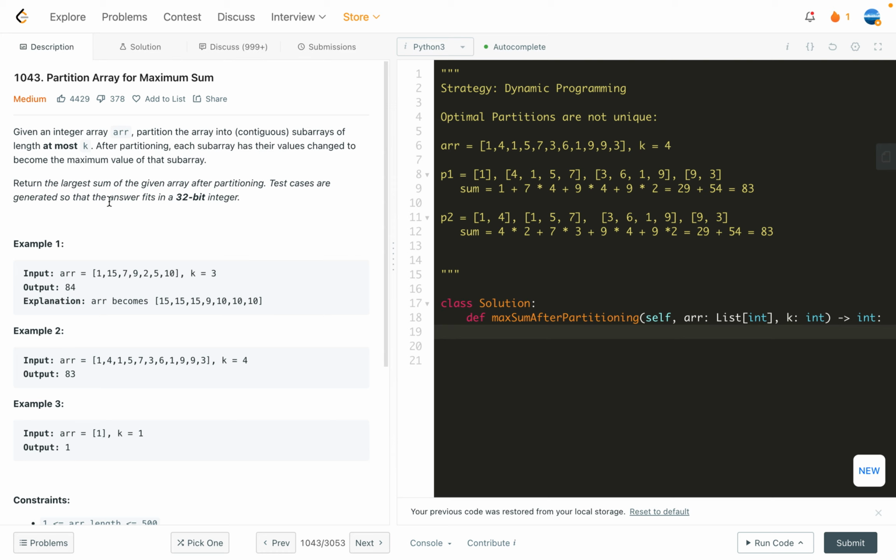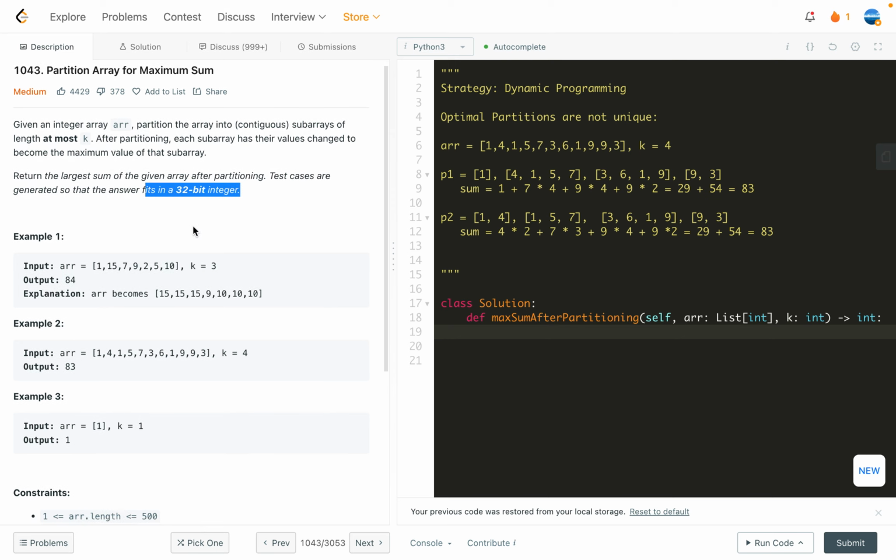The test cases are generated so that the answer fits in a 32-bit integer, right? This last one actually has no special effect on our coding or on solving the problem. So if you cannot digest the meaning of this one, so in practice,